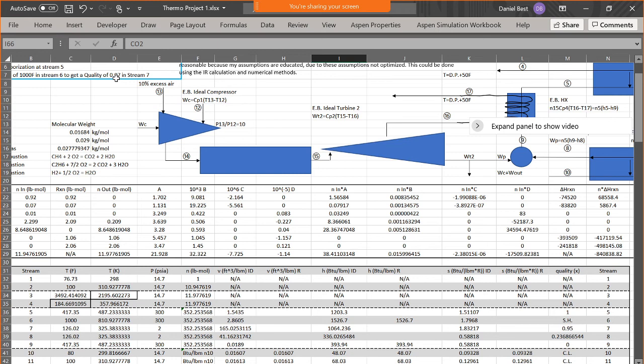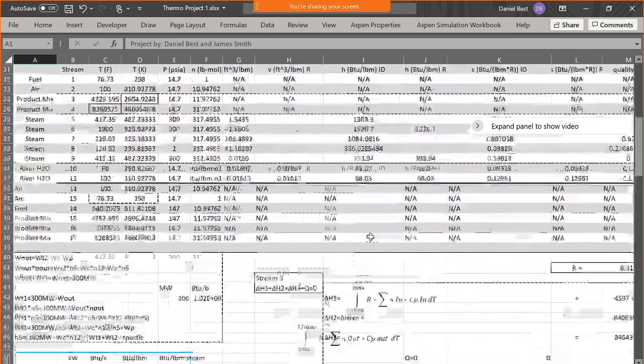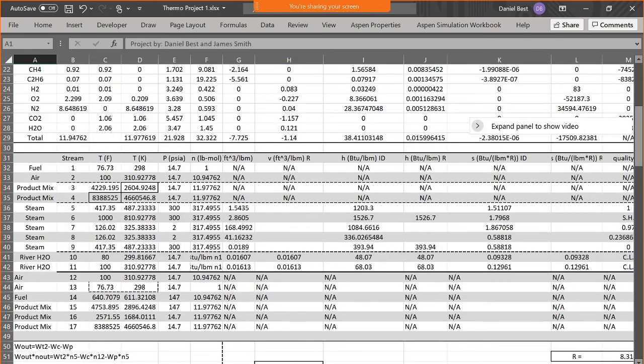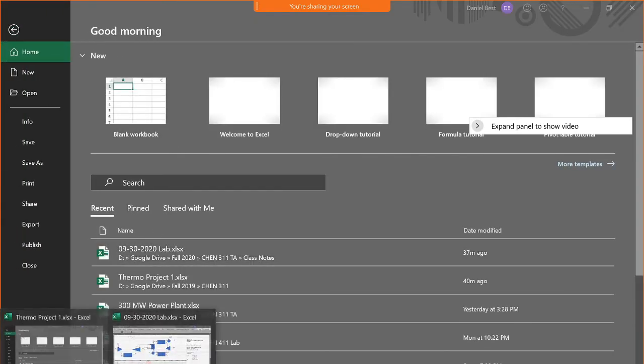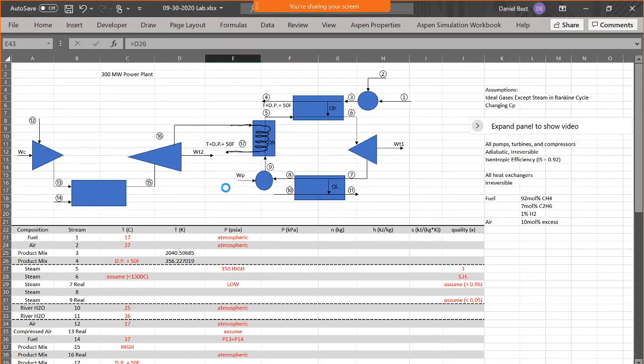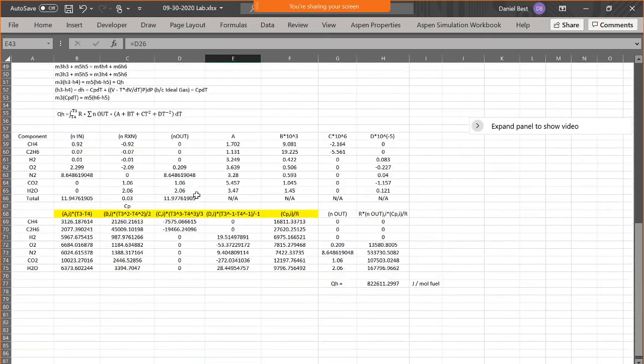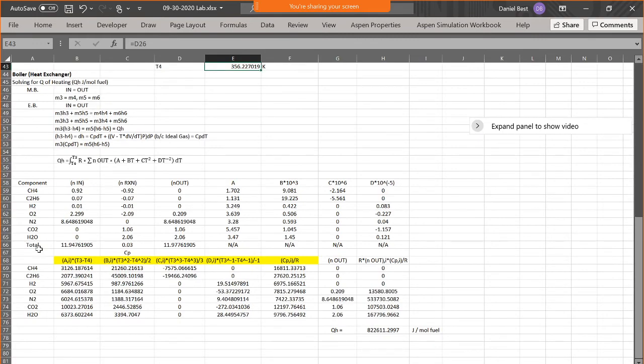This is my old project. Don't pay attention to this one. This one's like my reference page. It's not useful at all. If it would open, that'd be cool. Huh. Well, that's fine. We're gonna do